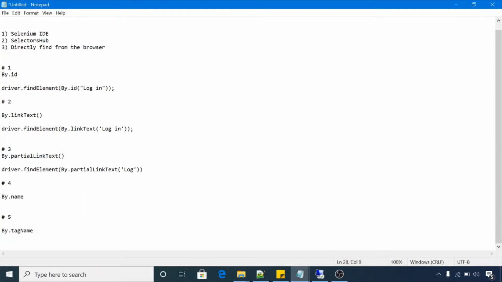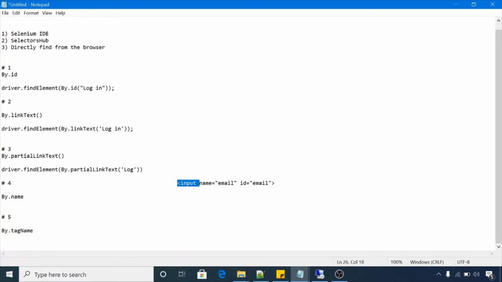Let me take one HTML element example to understand this. Let's suppose we have one input element, a text box, and it has some attributes: name is equal to email and ID is equal to email. In this HTML element, By.tagName will use this input tag name.